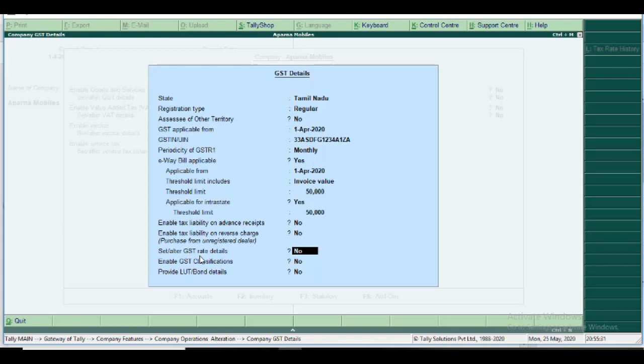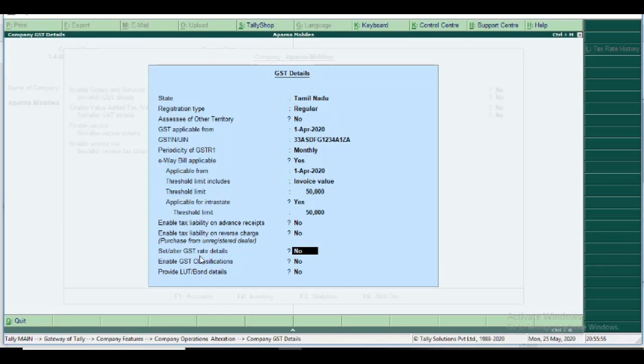This level affects all transactions. Some of the ledgers or some of the goods differ from the old transaction, because our main product sold is the mobile. So the mobile HSN I give here, but it is not the same for our indirect income.